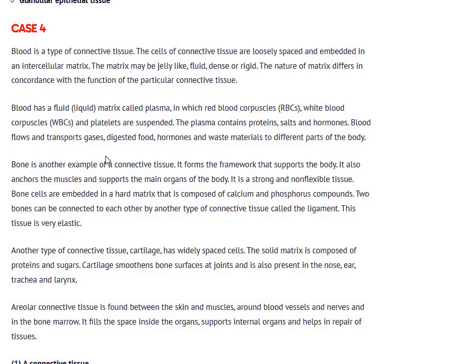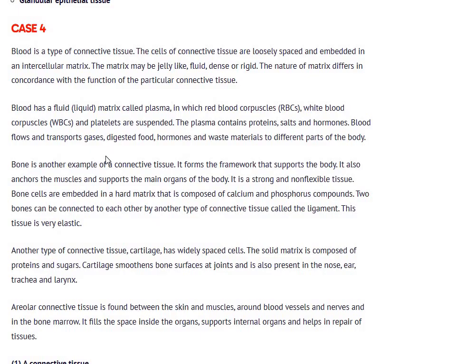Blood is a type of connective tissue. The cells of connective tissue are loosely packed, loosely spaced and embedded in an intercellular matrix. The matrix may be jelly-like fluid, dense or rigid. The nature of matrix differs in accordance with the function of the particular connective tissue. Blood has a fluid matrix called plasma, in which red blood corpuscles, RBCs, WBCs, and platelets are suspended. Plasma contains proteins, salts, hormones. Blood flows and transports gases, digested food, hormones, and waste materials to the different parts